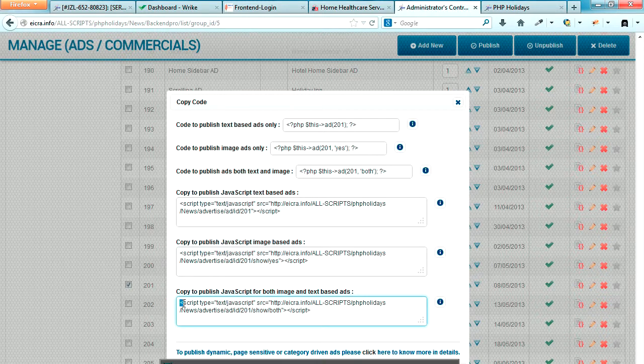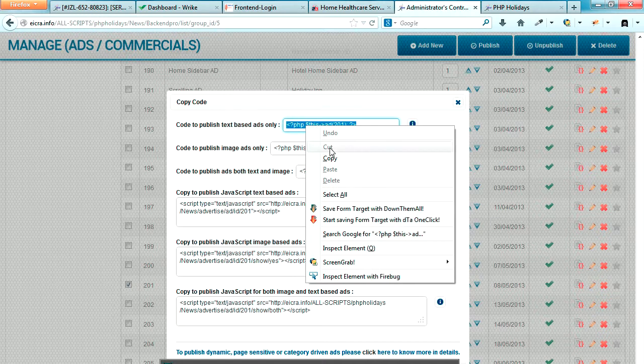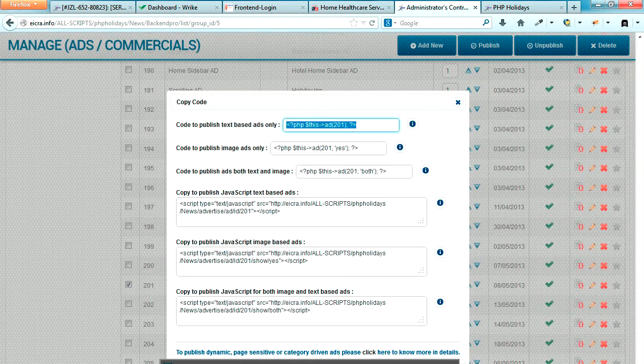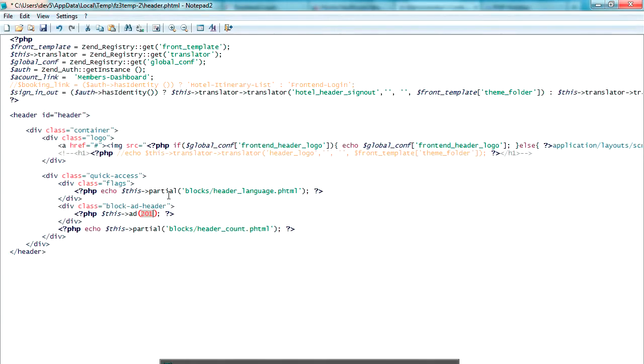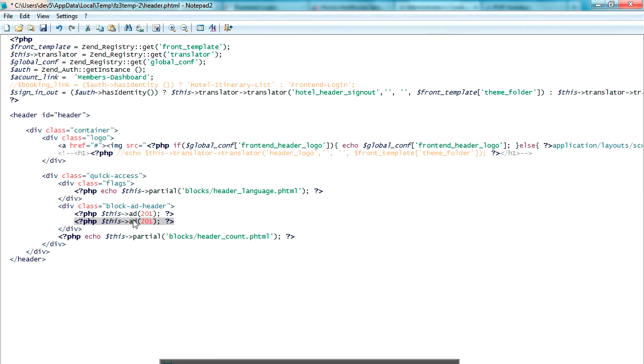Just copy this one and paste it into the header.phtml file. For our case, just copy this portion because I just modified the text. I copy the top code and then paste it here. Basically there is no change because I have just modified it, but just to show you, remove this and paste the code we have copied from the backend. You can paste it and modify it, and come up with your custom HTML page.